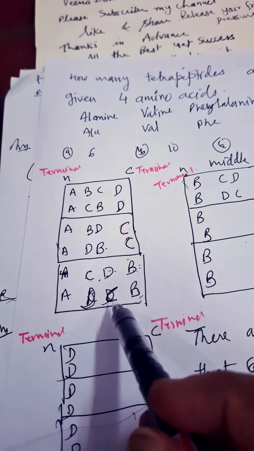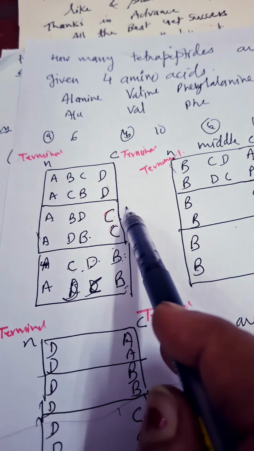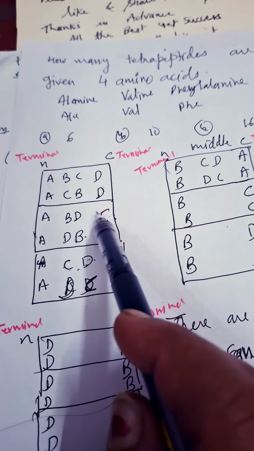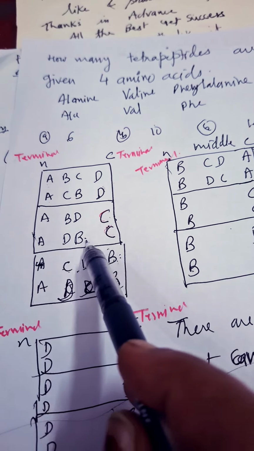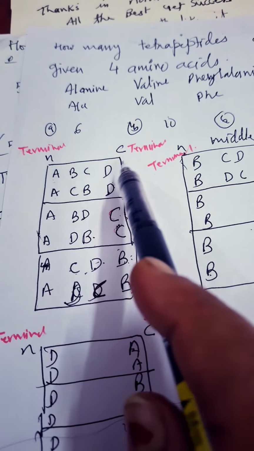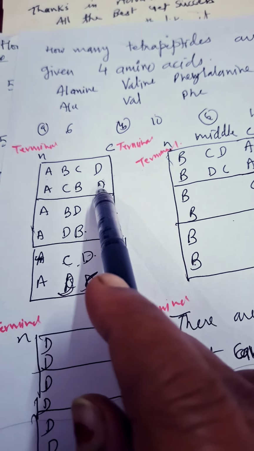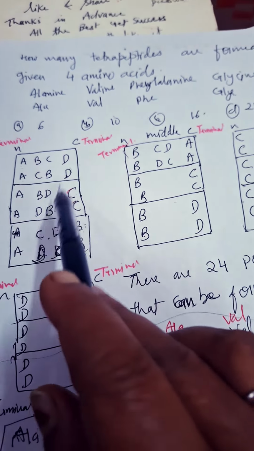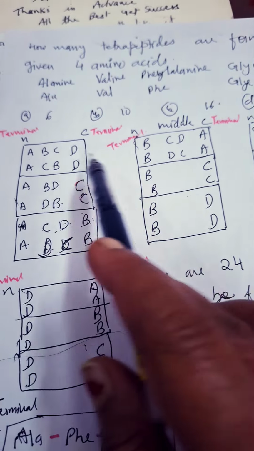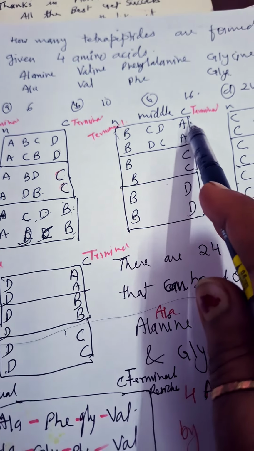See, I change the position here, A and C, then what is left, B and D. So first B and D and then D and B. Here lastly for the C terminal I chose D, so at that time BC and CB. Okay, they interchange the position. So this is the first set. For the second set I selected B. So B and A have been written.